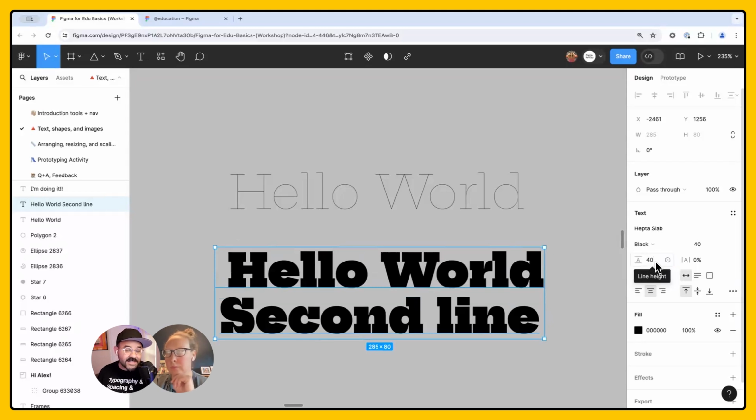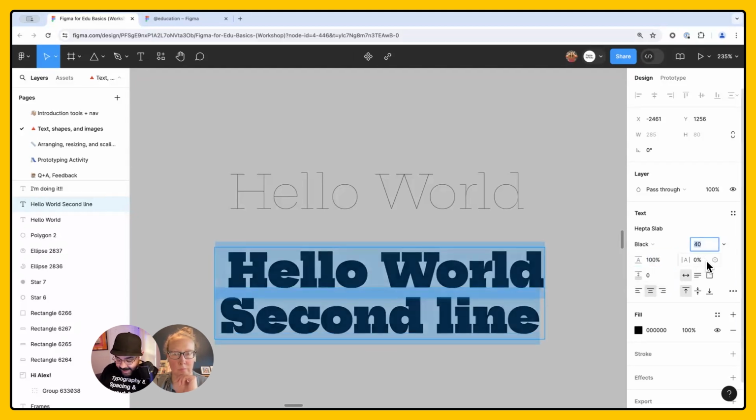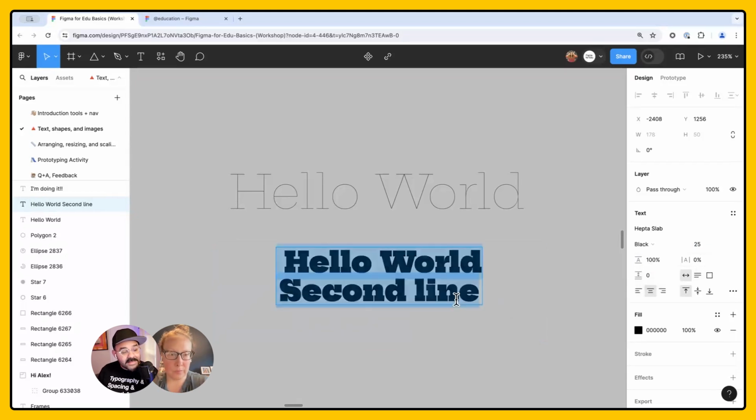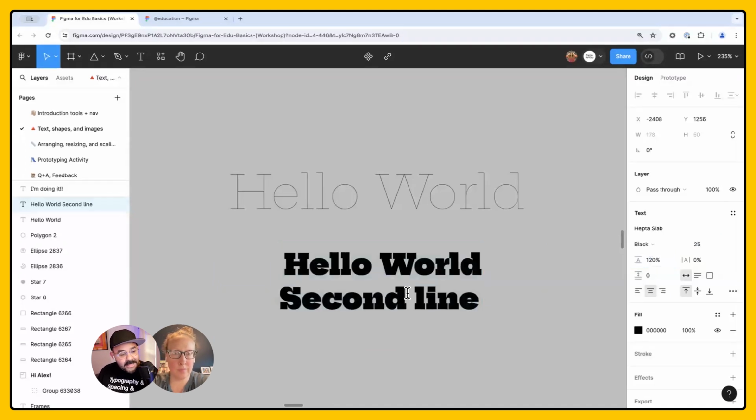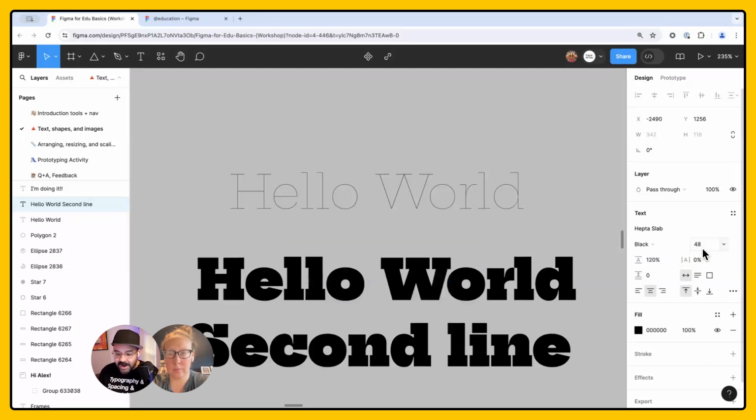This can be expressed in a number of different values. So I can type in a point value that's going to match the font, or I can type in a percentage value that could be the font size or larger. So I can say 100%, and no matter the font size that I have, I can do 25. It'll always keep a proportional line height. Or what I can do is I could say 120%. So it'll give me a little bit more leeway as I'm working. So no matter what font size I use, right, this will be the same.